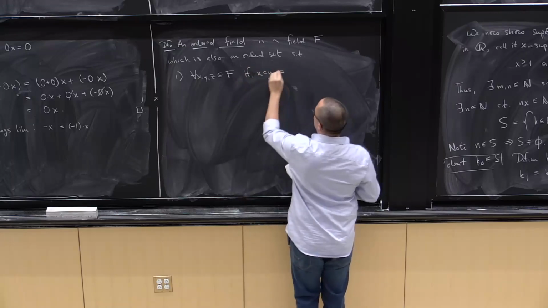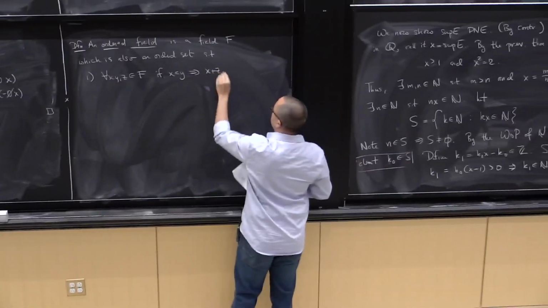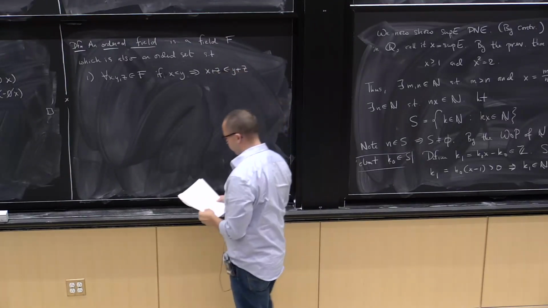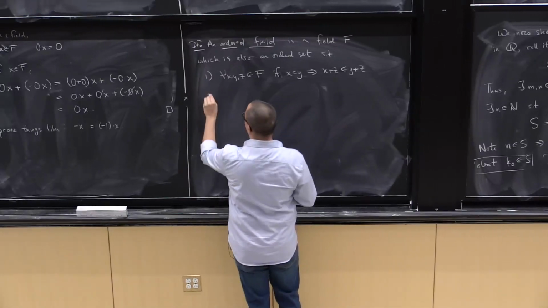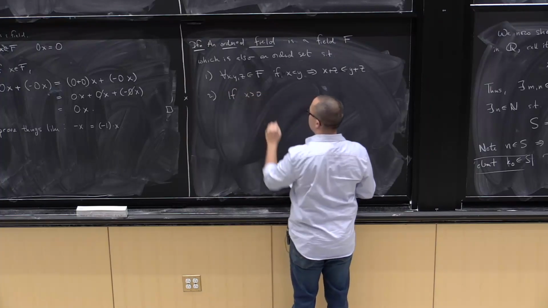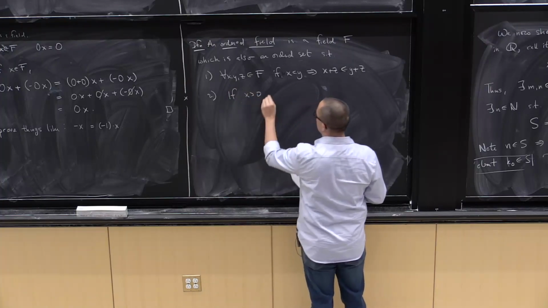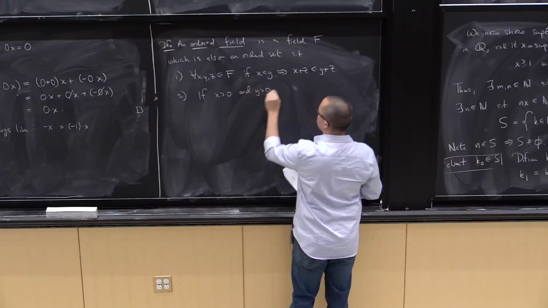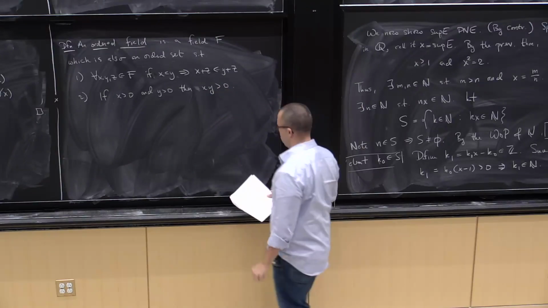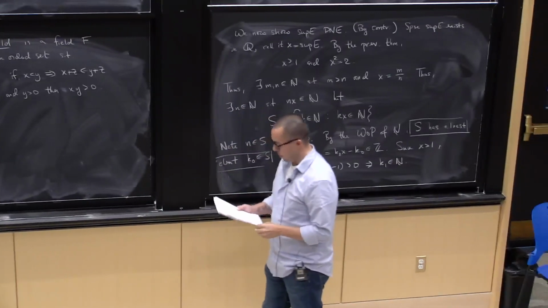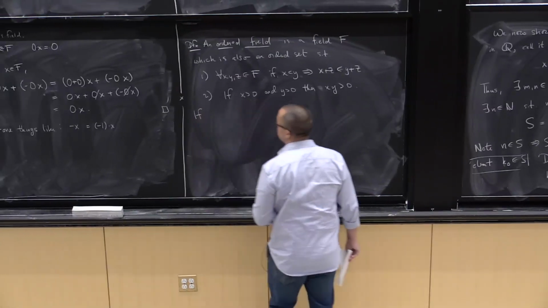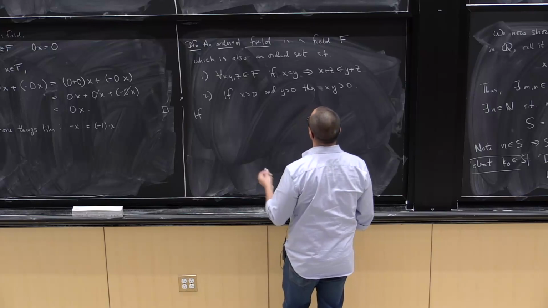If x is less than y, then x plus z is less than y plus z. And one other condition, if x is bigger than 0 and y is bigger than 0, then x times y is bigger than 0. Okay? And I just use that terminology anyways right now, but for an ordered field F,